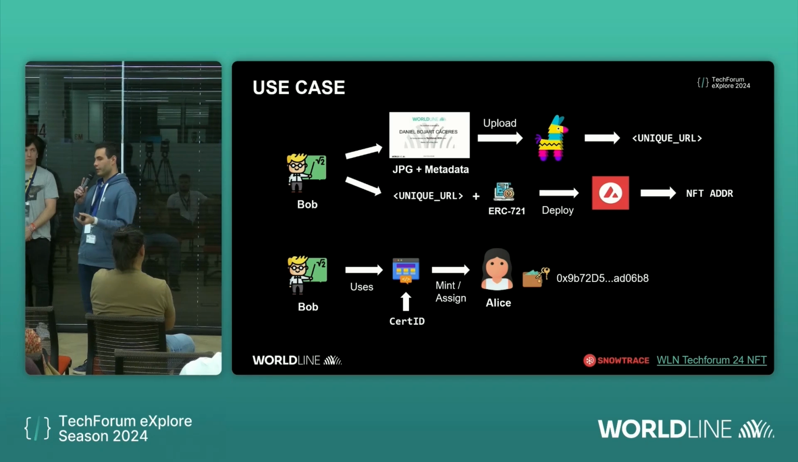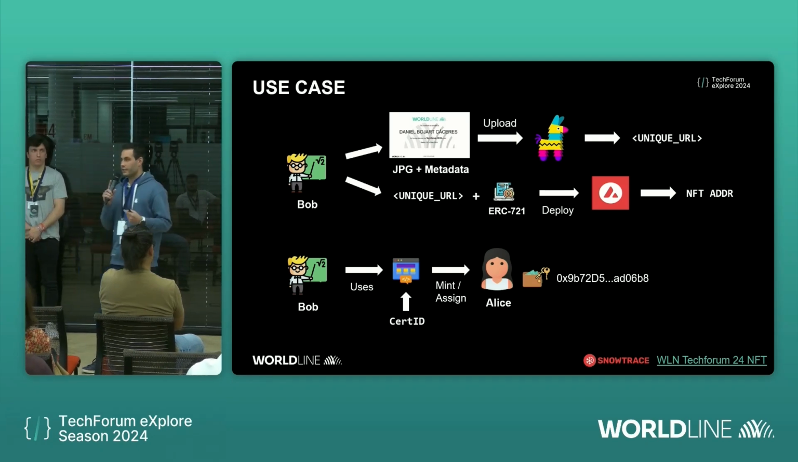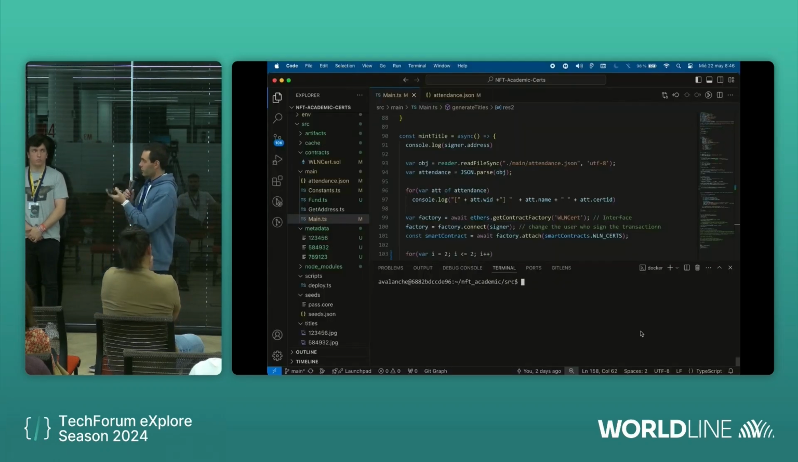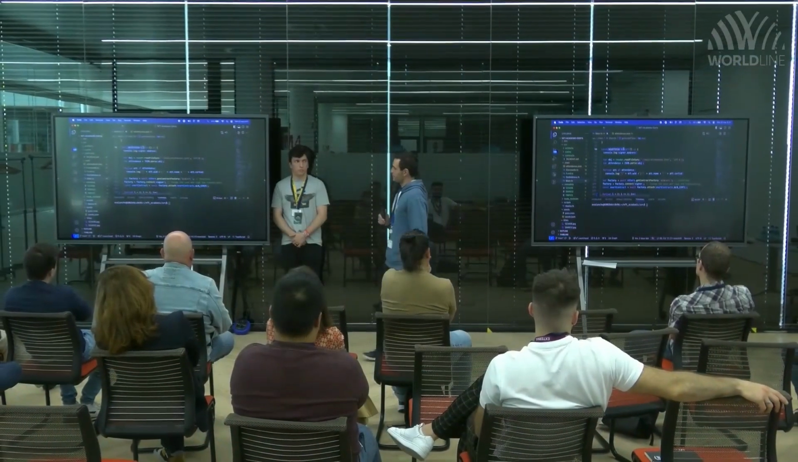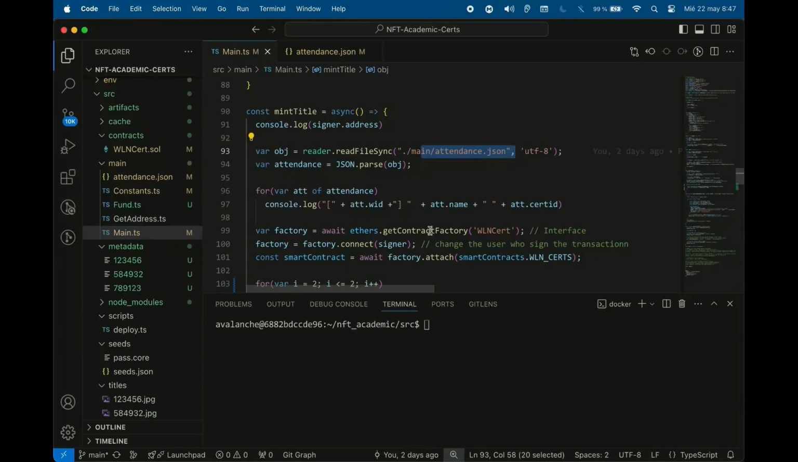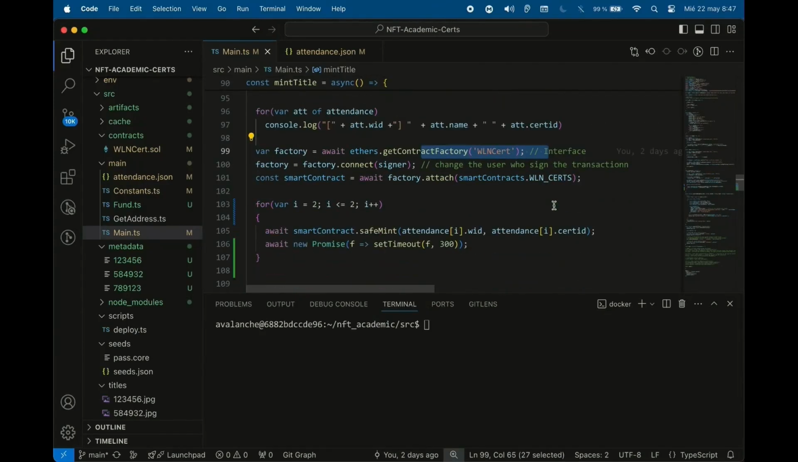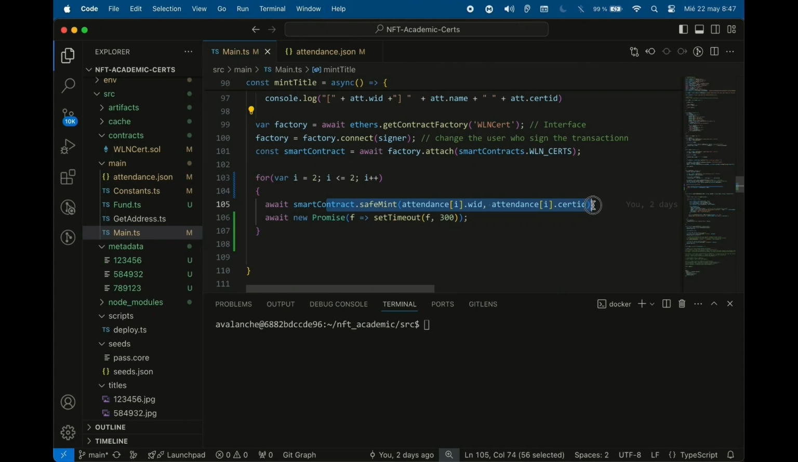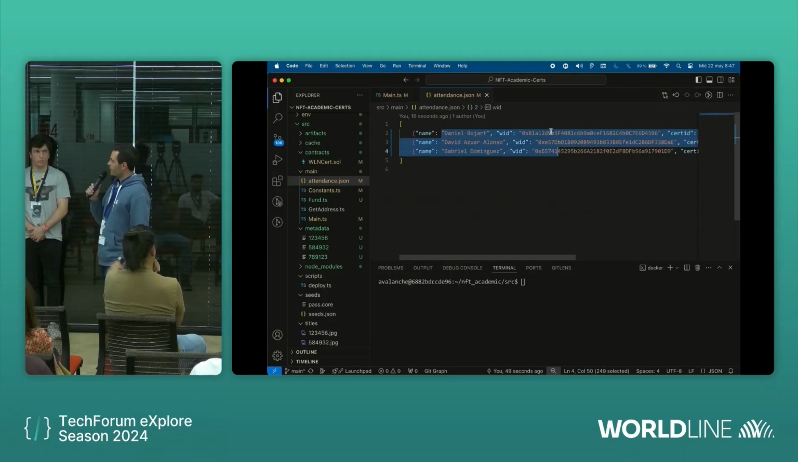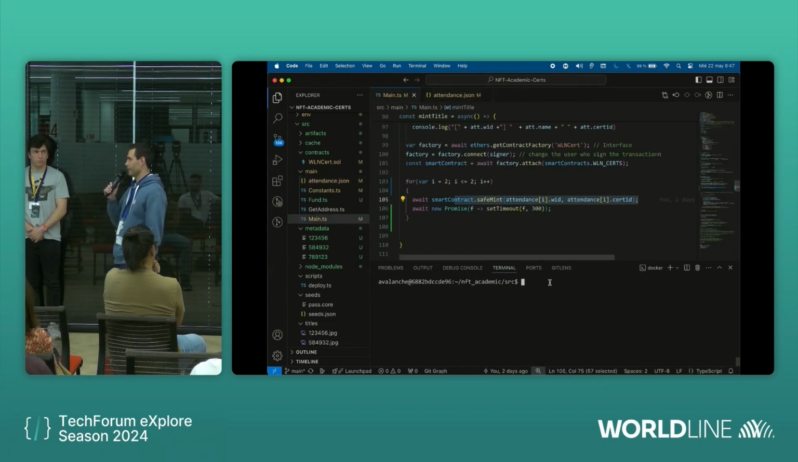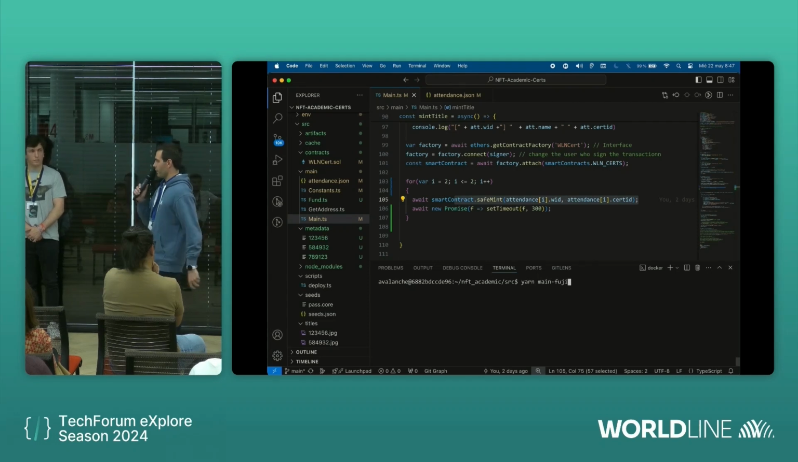What are we going to do? Assign the certificate to Alice, or in this case, the certificate to Gabriel, Daniel, and David. How? Calling the function safeMint, and that is what we are going to see in this video. Again, we are running the main TypeScript application, and we are calling the function safeMint, as you can see. This is a JSON with all the attendees to the tech forum event in this case. And when we run the app,